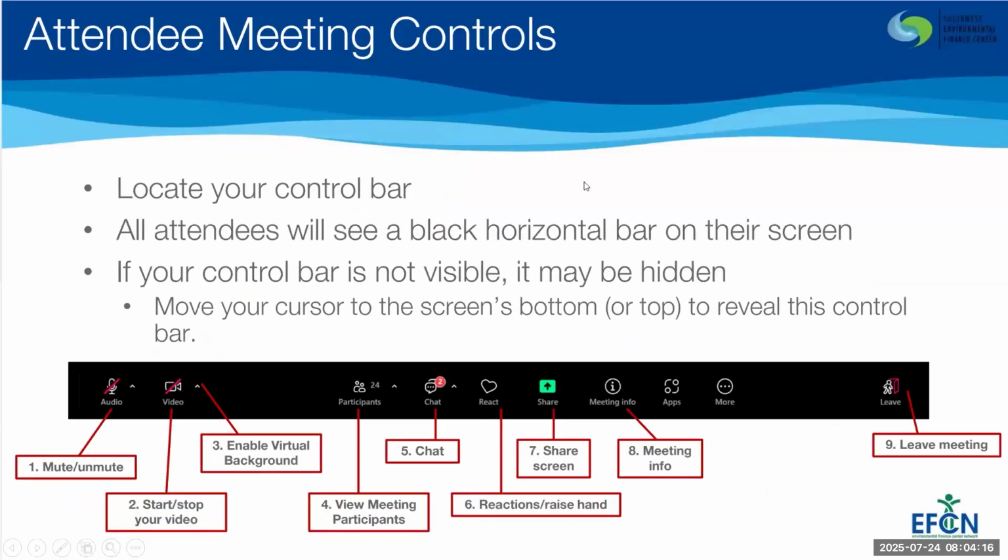So just a little bit of information about Zoom. Probably this will be review for a lot of you. Your control bar for Zoom is on a horizontal bar on either the top or the bottom of your screen. You've got a mute and unmute button at the bottom left there. So if you want to unmute and say something, you're welcome to. Just hit that button first, and then please make sure that you remute yourself in case there's any background noise that Zoom will pick up.